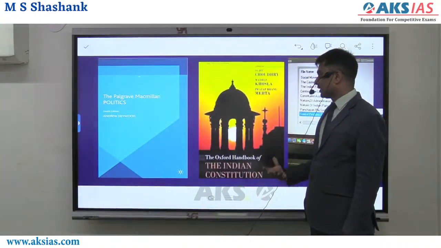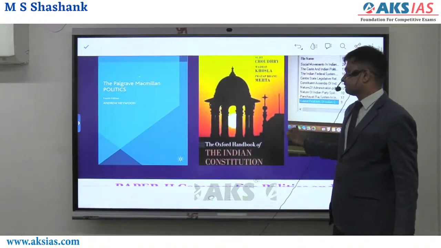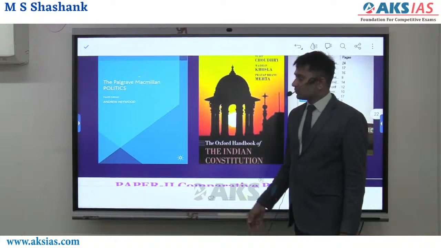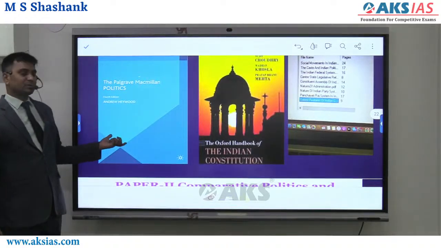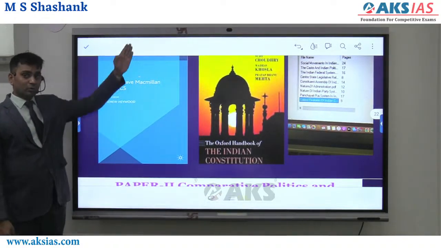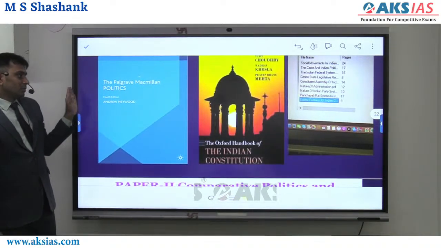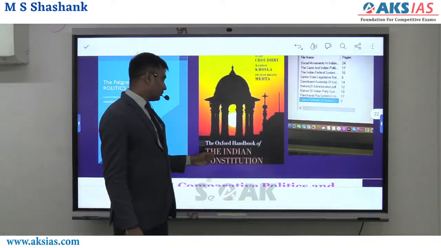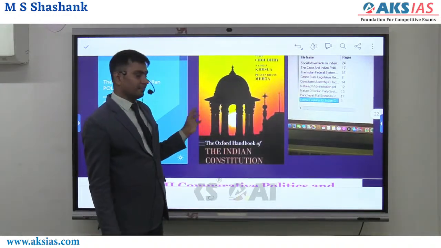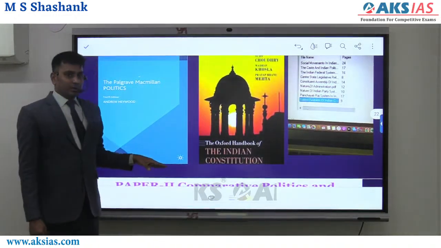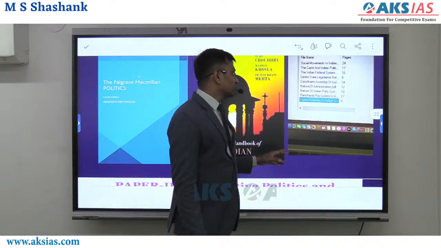If you want to go deeper, in depth, these are the books. The Politics by Andrew Heywood. He has written some political commentary. The same fellow who has written Political Ideologies, Political Theory, he has written about politics also. And this one, Pratap Bhanu Mehta's The Oxford Companion to the Indian Constitution. He has spoken about the Indian Constitution again. These are the things that you can have. It's enough if you remember all these.